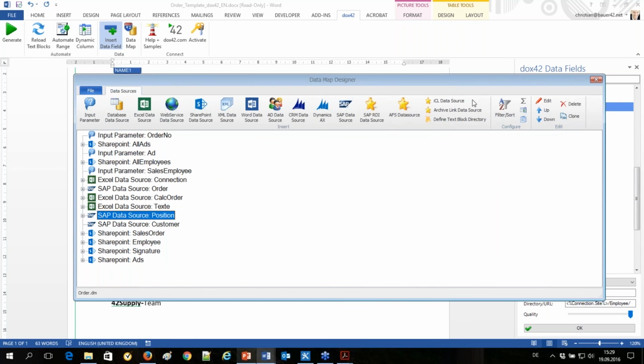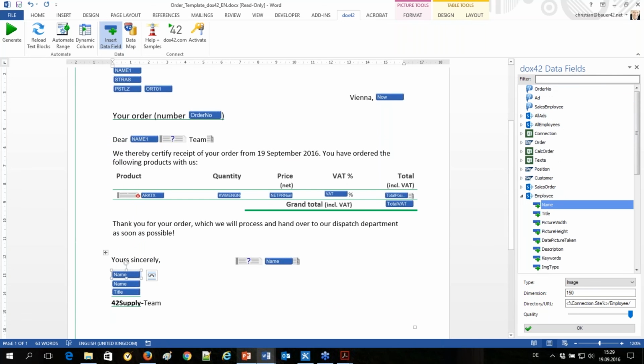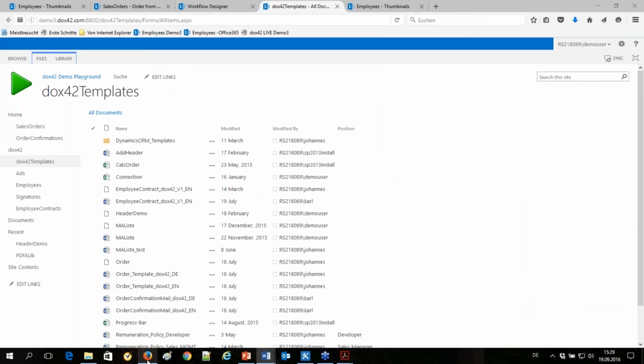While we had a look at it, the workflow should be completed by now. Let's see, order confirmation about a minute ago. Let's open it. Yes, it's exactly the order confirmation we expected. And I should have received the mail. Let's have a look at it. Here it is.